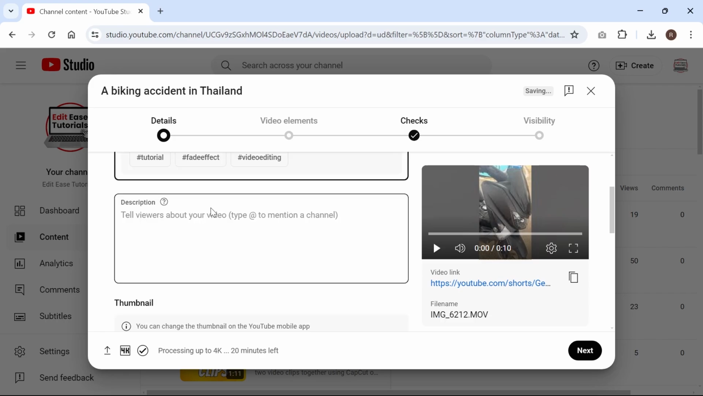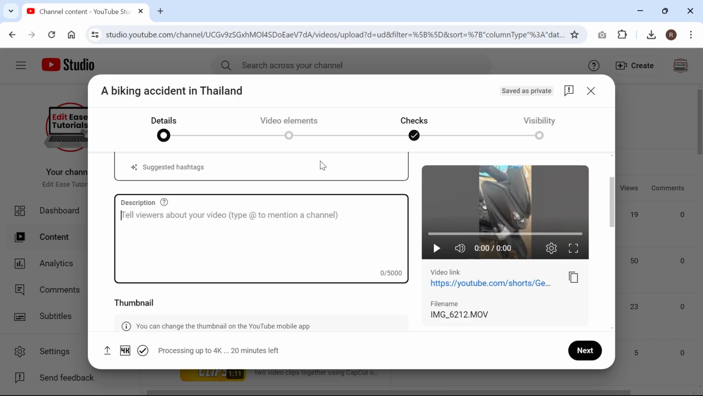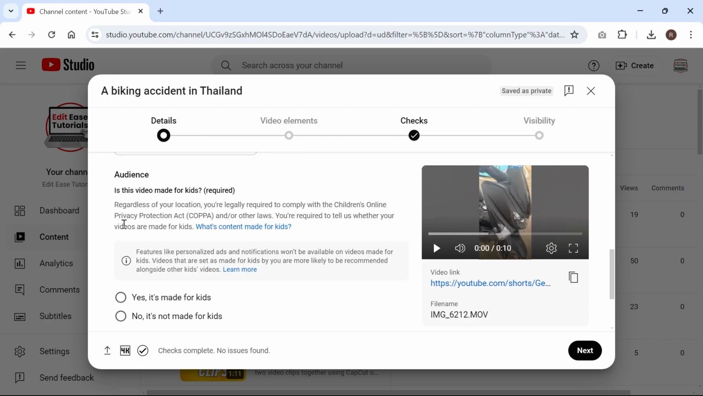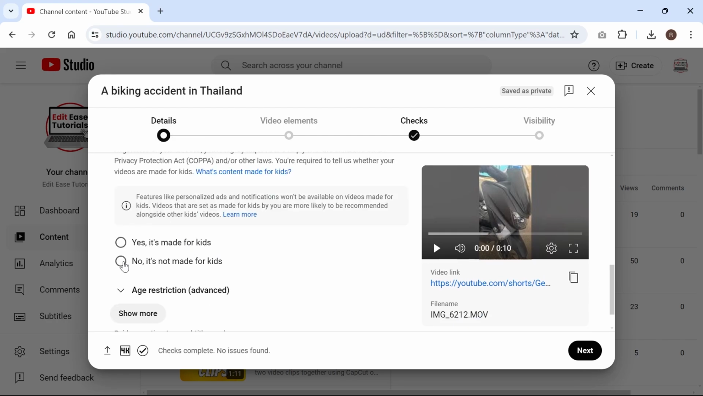Then head over to the description and also write a short description for your video. You don't want to make this too long, as it will only be the first few lines that are going to be visible. Then you can scroll down to the bottom and just decide whether your video is made for children or not. For most of you, you're just going to select no, it's not made for kids, and press